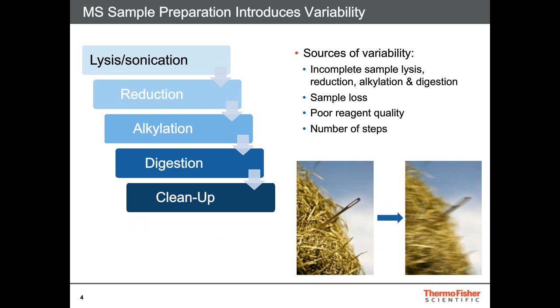In addition to cell lysis to extract the proteins, you typically have to sonicate cells in a denaturing buffer to shear the genomic DNA to remove that later in the sample preparation. Mass spec sample preparation also requires reduction and alkylation of cysteines involved in disulfide bridges before enzymatic digestion. And finally, it requires cleanup to remove salts in the sample and buffers and other contaminants which may interfere with